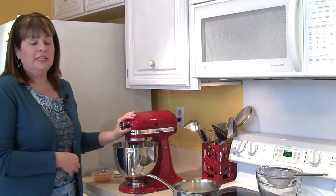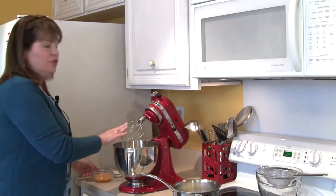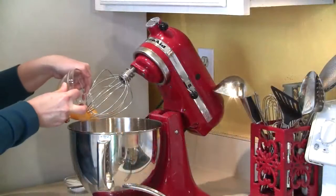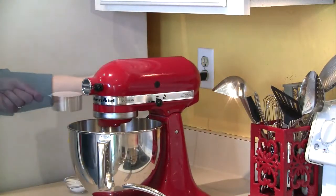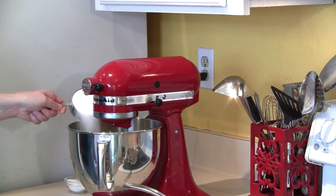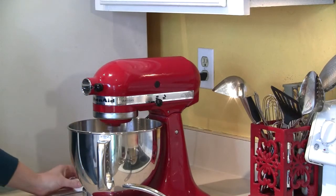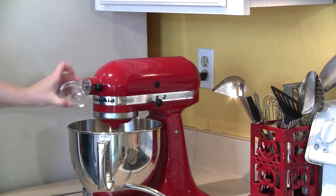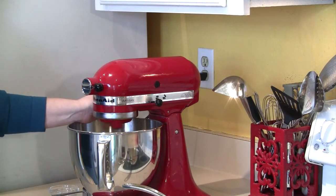Now while my milk is heating up, I'm going to get my egg yolks ready. So in my mixer with my whisk attachment, I'm going to take 5 egg yolks and start breaking those up. I'm going to put the mixer on just for a minute or so. And then I'm going to add a half a cup of sugar plus another 2 tablespoons. And I'm going to put this on a medium-high speed, and I'm going to let this whisk together for about